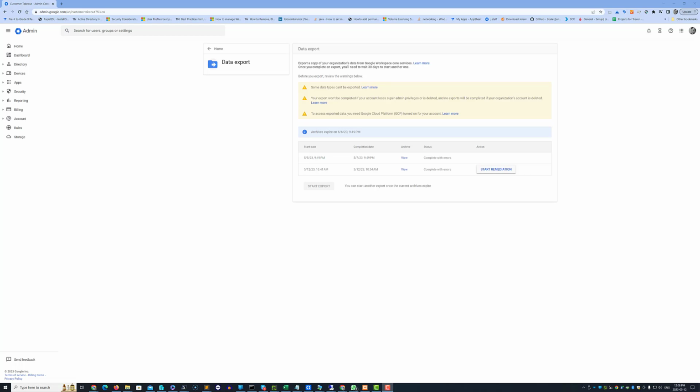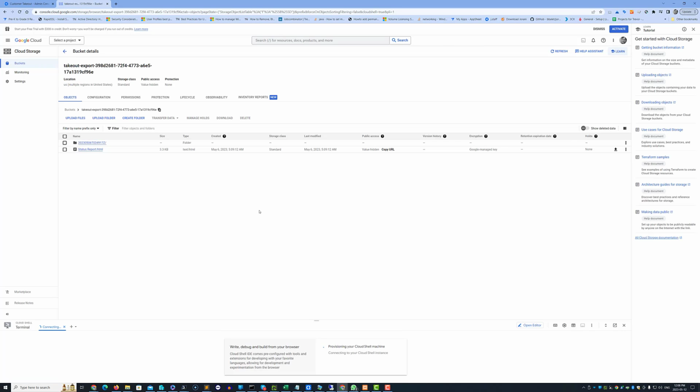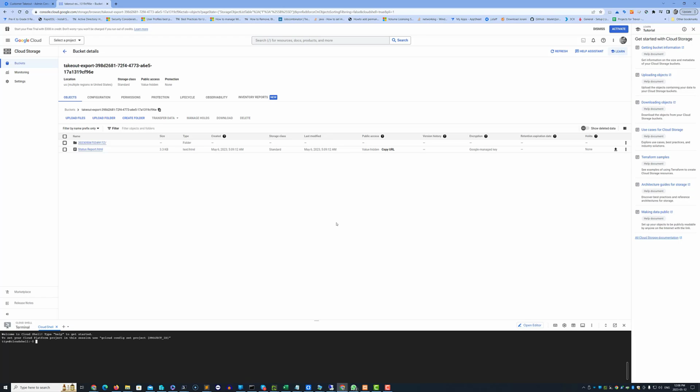So with that being said, I'm going to grab the link from the email I got from Google, and we're going to have a look at Google Cloud Console and see where our backup is and what it's doing. So I have the link from Google that was provided when I did the export, and it's just sitting here in the bucket